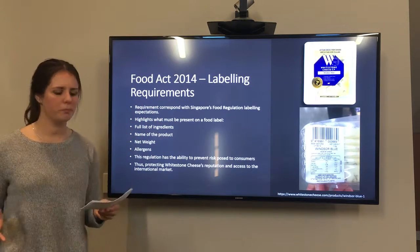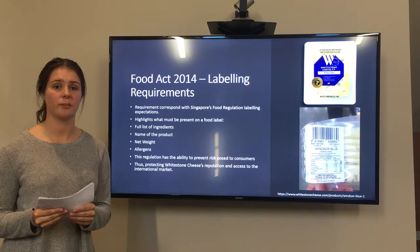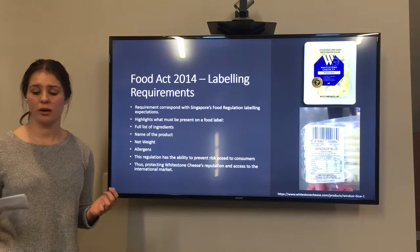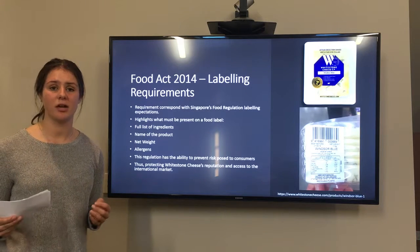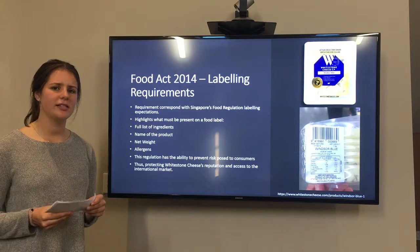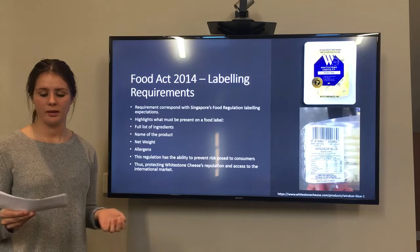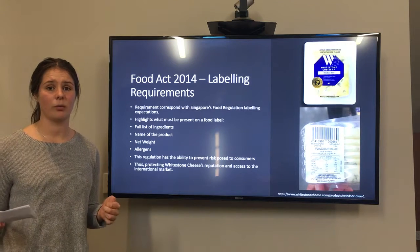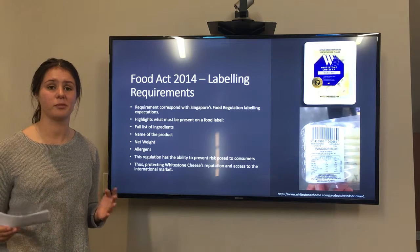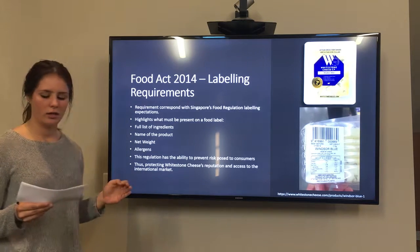It is incredibly important that Whitestone cheese adhere to this particular regulation, as non-compliance may cause harm or put the consumer at risk, as the product may cause allergic reactions. This would be classified as a disadvantage to both the consumer and Whitestone cheese, as the consumer may become unwell and Whitestone cheese would likely have to recall the product from Singapore shelves, which would cause significant damage to the